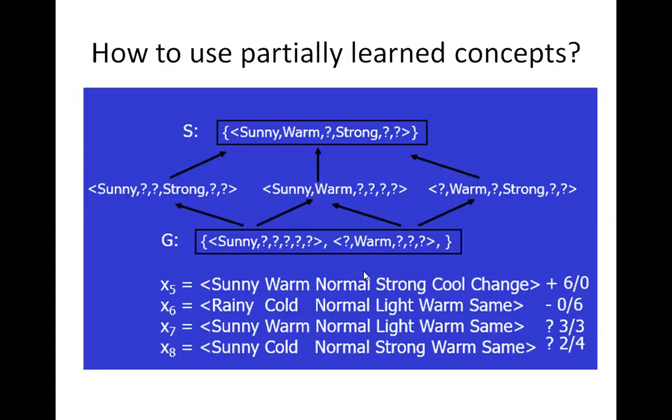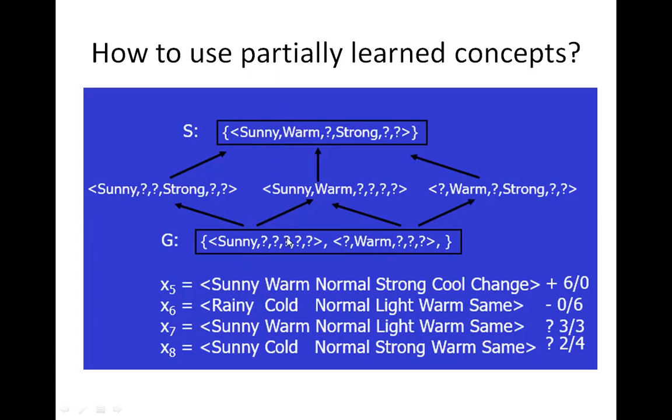When you do the check, these are the 6 hypotheses. First is sunny. Here also the sunny field is there, accepted. This hypothesis will accept. In this hypothesis sunny is there. A question mark is there. Question mark means again it can be accepted. Here also the sunny field is there. Here also a question mark is there. So the first attribute is accepted. Warm. Here warm is there. Question mark means accept. Warm is there. Accept.